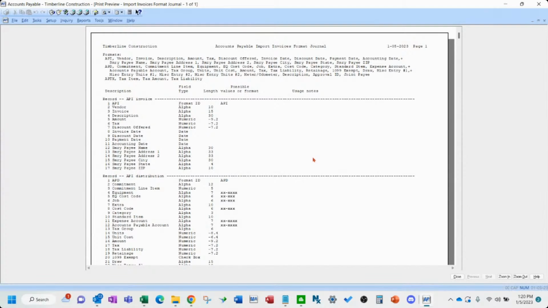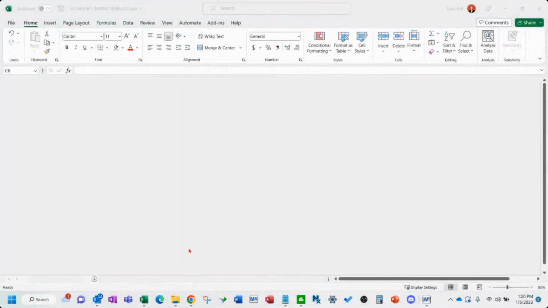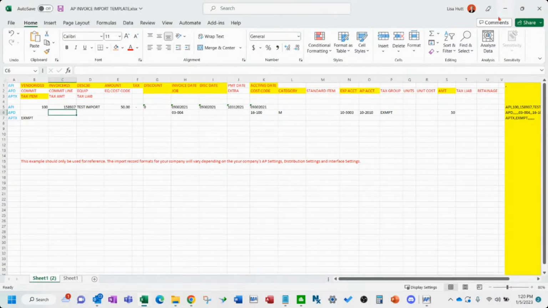But depending on your setup, which I'll show you in the accounts payable settings, these fields, this import format and the format I give you here might be different.